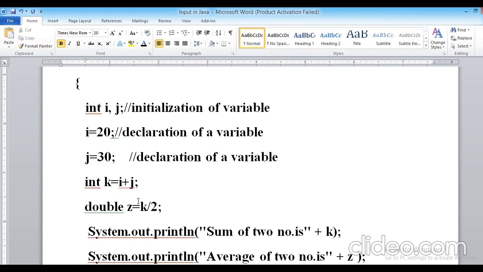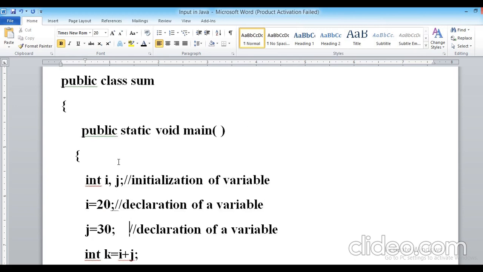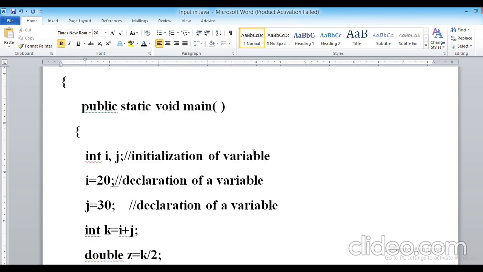When we execute that program, these three statements will not execute because they are comments. We are using a single line comment here. Comments are non-executable statements. Means when we execute our program, that part will not execute, or that part is not read by the compiler. Now here, two variables i and j. The i value is 20 we have given, the j value 30 we have given. We are assigning the value, that's why we say by using an assignment statement.